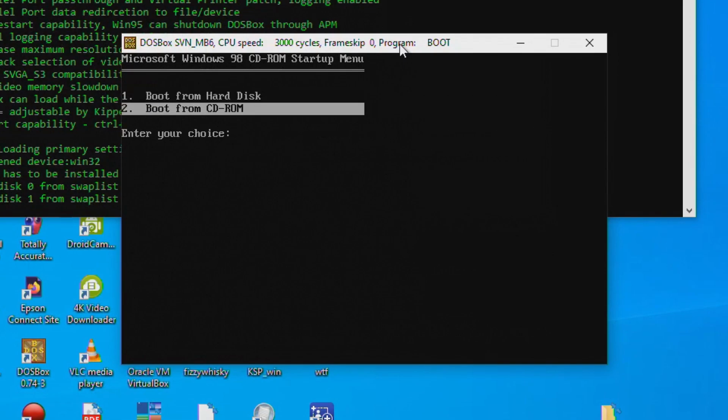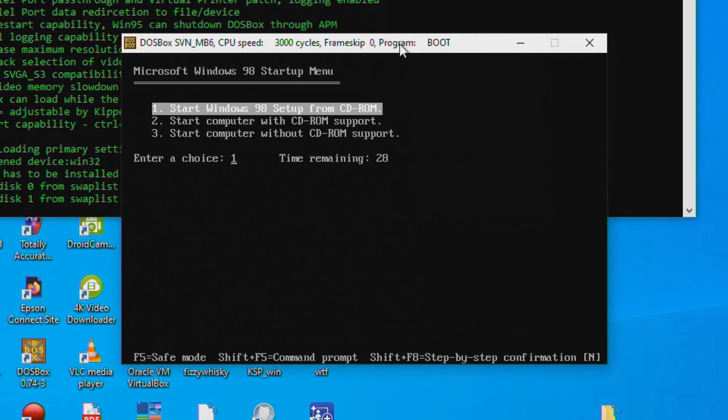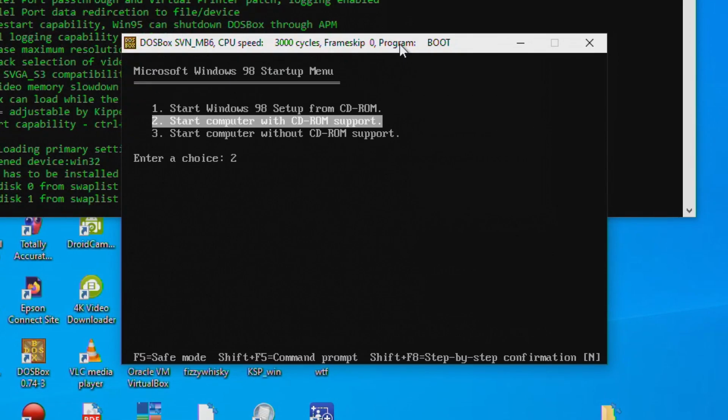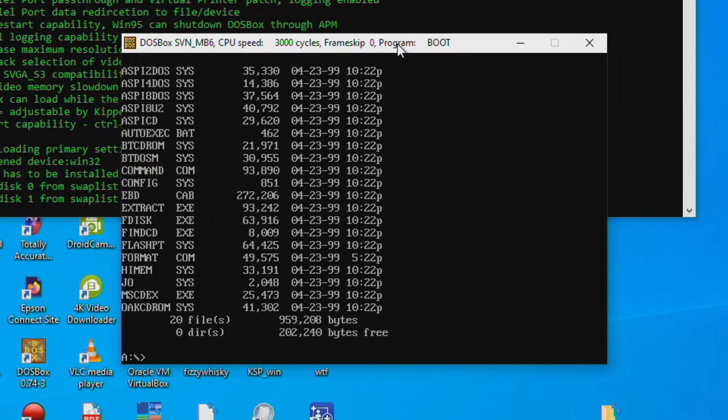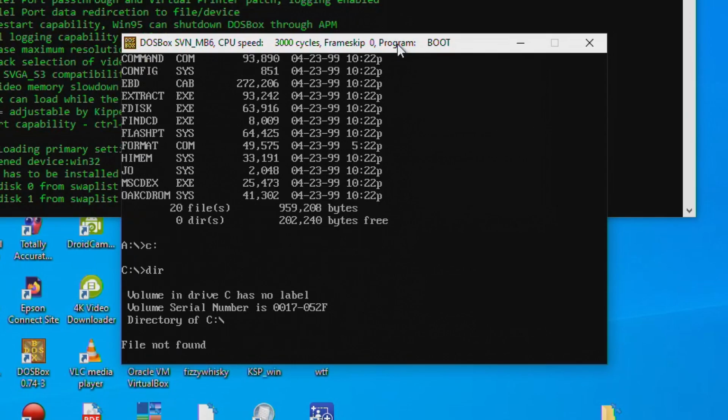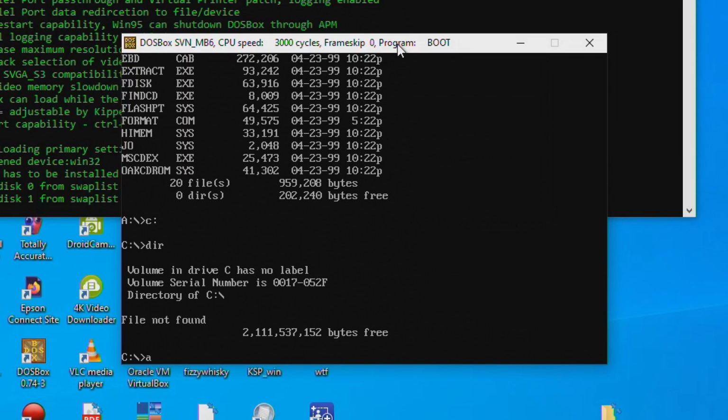Ta-da! We want to boot from the CD-ROM. And we want to start it without CD-ROM support because the CD-ROM support doesn't work anyway. Okay, so now we have a disk here, and we should also have a disk at C. There we go. Excellent. Now we just need to format that disk